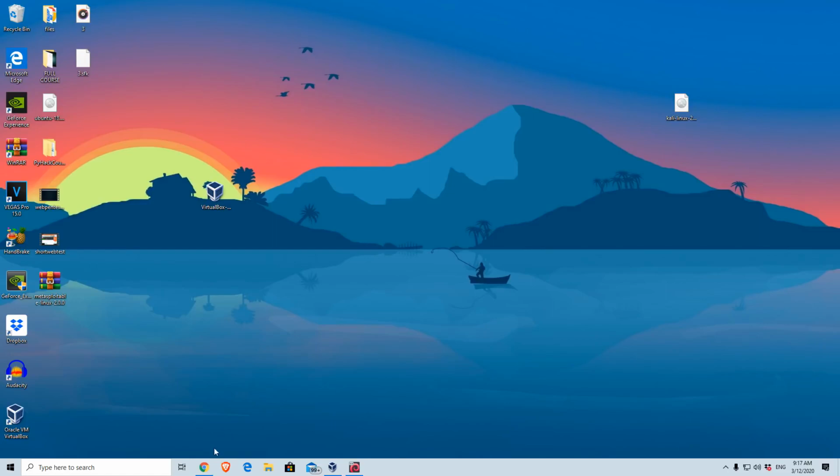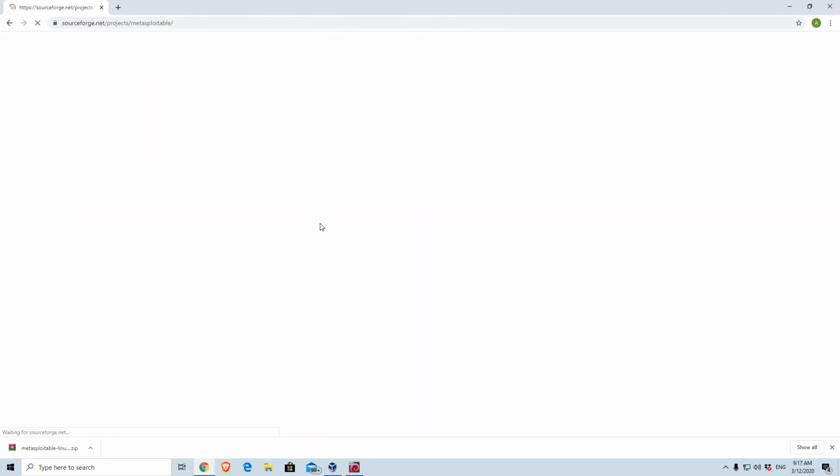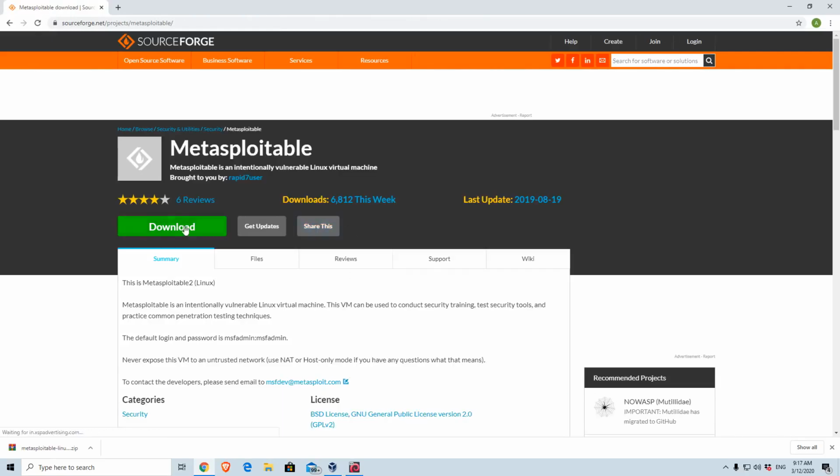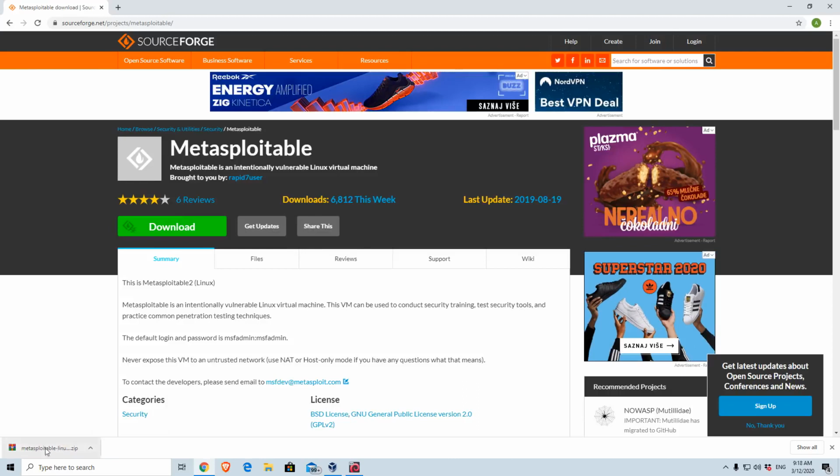First of all, you need to open up your Google Chrome and type in the Metasploitable name inside of your search bar. Then you should navigate to the first link, which will be the sourceforge.net Metasploitable download. Click on it and simply click on this green download button. It will start downloading this zip file, which is around 800 megabytes large,